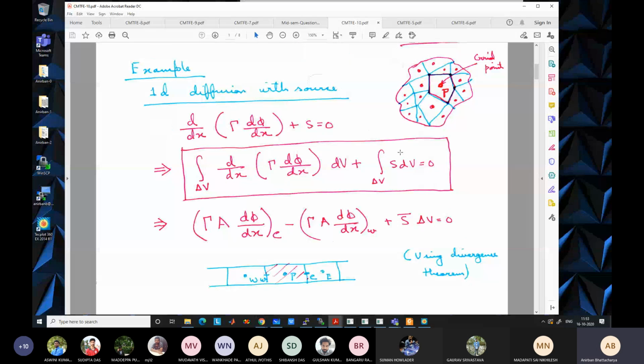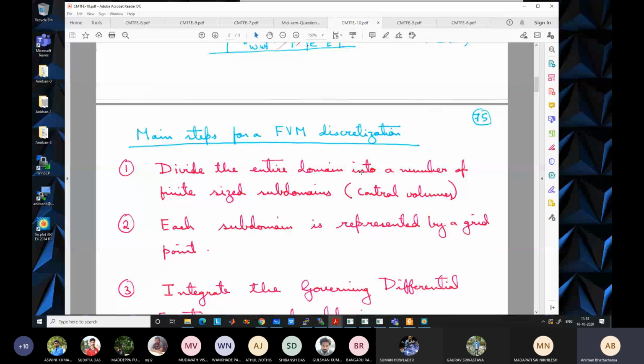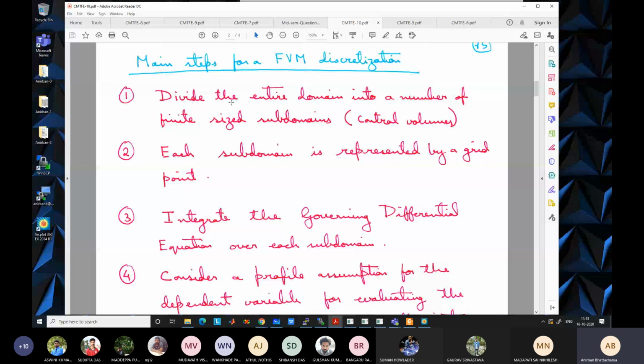So what are the main steps of the finite volume discretization? Again, the notes are already uploaded. You can go through the notes. And from now onward, we are also going to follow the Patankar book closely, as the old students who have done the CFD course know. Patankar himself strongly contributed to the finite volume method. He developed a lot of important schemes. He is a big person in this area of CFD.